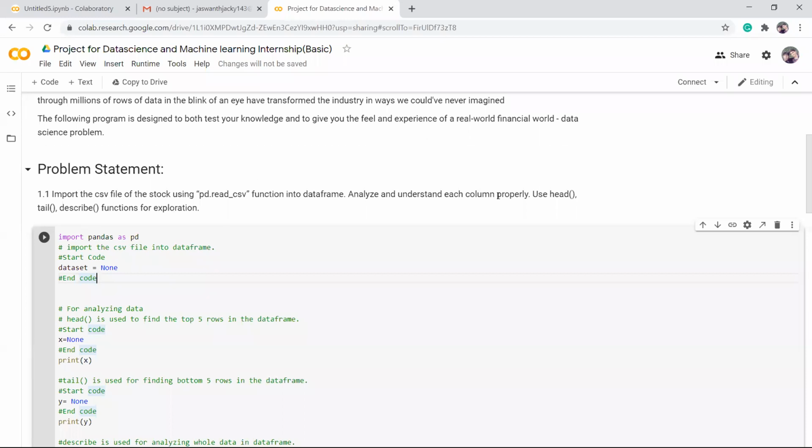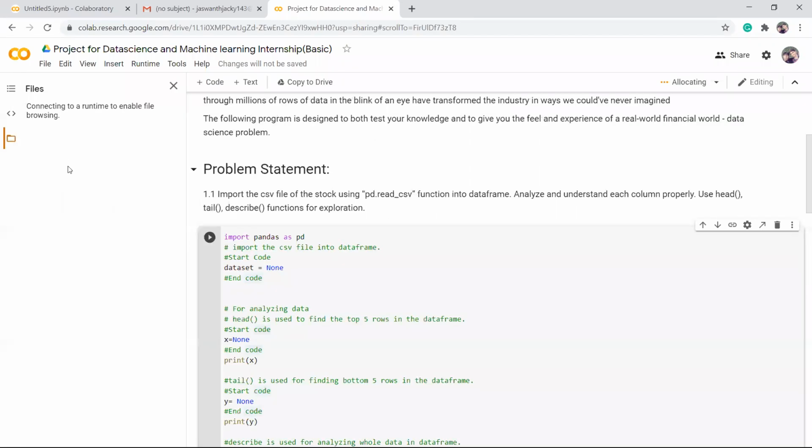Technically you need to import the CSV. The first comment says import CSV file into the data frame, right? So you know how to load the CSV into a data frame. We have seen that. The dataset is in the Google Drive, which I am going to show you, so you either put it into your local machine or read directly from the Google Drive. You need to upload a recording.